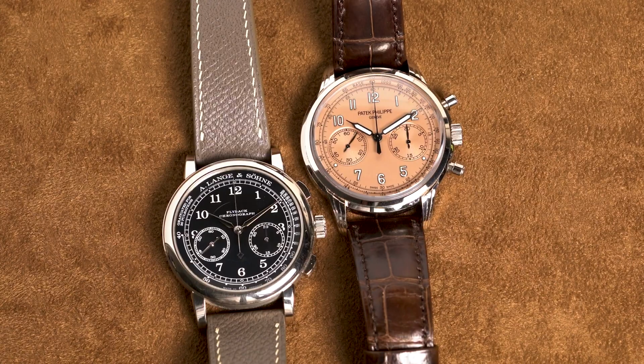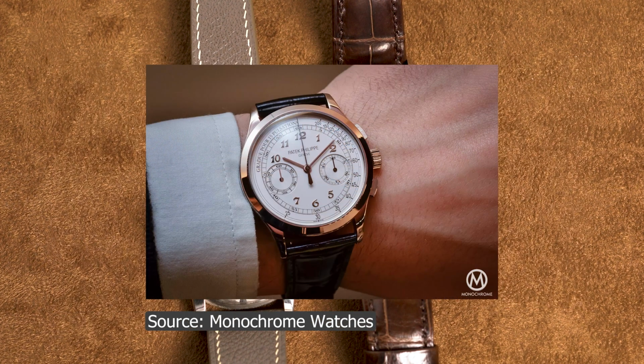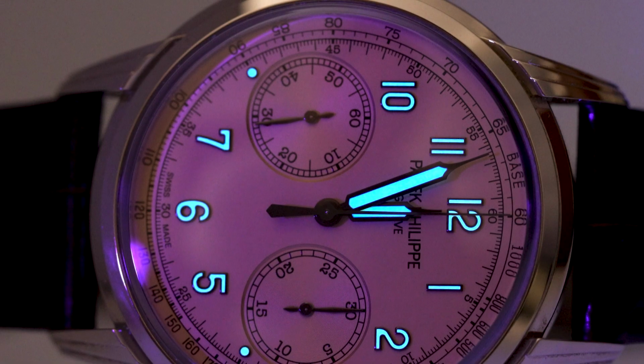When you think about other manual wind dress chronographs, the main ones are the Lange 1815 chronograph and VC Cornes de Vache. Yet, these watches along with the Patek 5170 all have a very traditional feel to them. In contrast, the 5172 takes vintage design cues like the syringe hands and combines them with a bright salmon dial and modern-looking numerals with good lume. It's a tasteful mix of heritage and modern elements, which is unfortunately not something you can say about every Patek